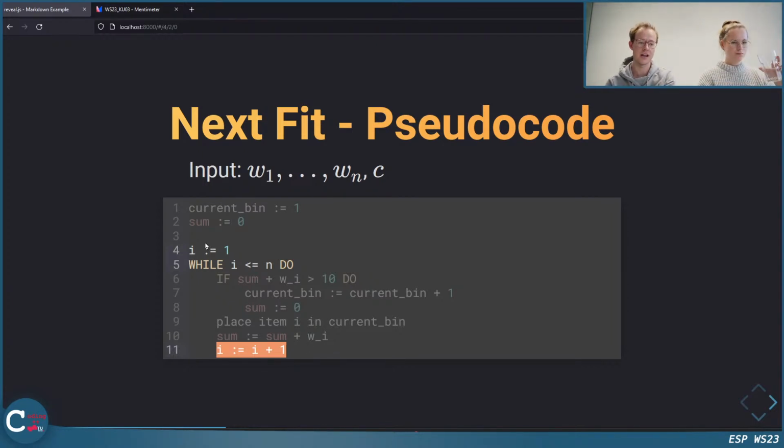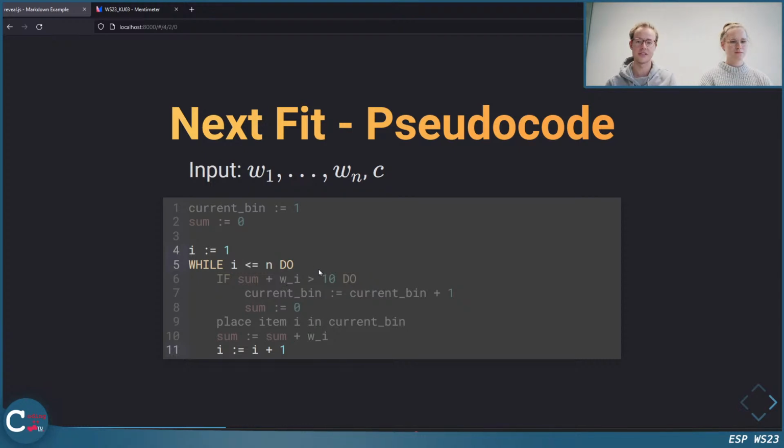In the first iteration i is 1, so we consider the first item, then we increase it to 2. We start at 1 in this pseudocode because I'm a mathematician, and in mathematics you usually start with 1 and not with 0. Then you increase it to 2 and so on, and at some point you increase it to n. i is still less than or equal to n, so we have a last iteration for the last item.